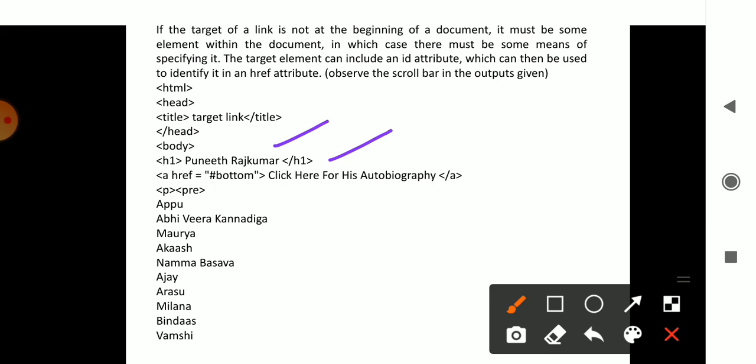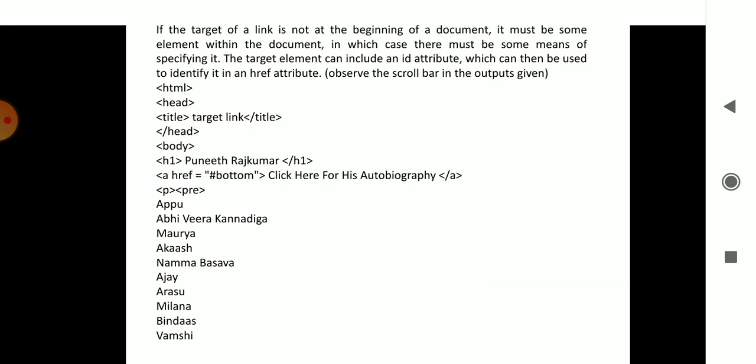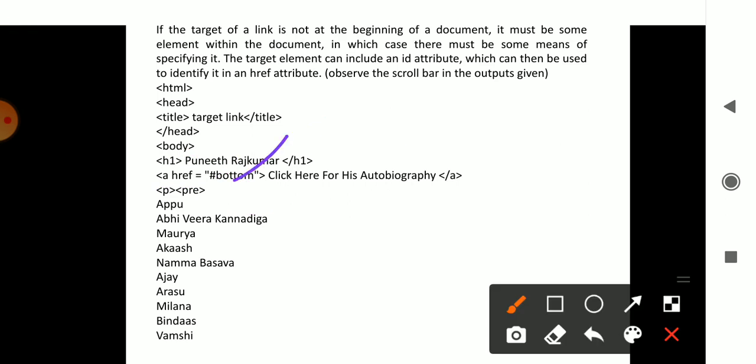Under that a hyperlink is there, which is using an ID, bottom. Click here for his autobiography. What it says is, you have to click on the autobiography, then it will move to that particular bottom part and it will print all the text. So in the beginning you have